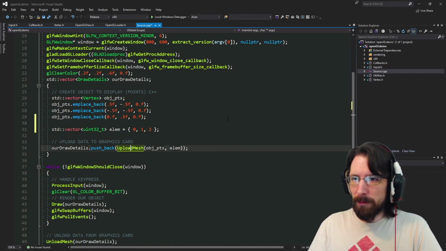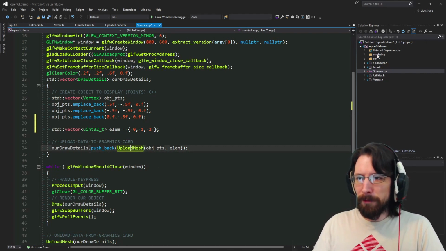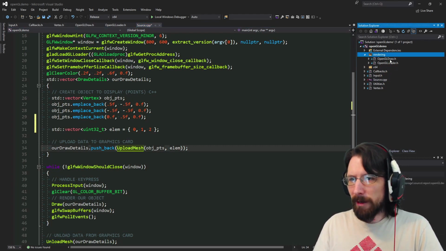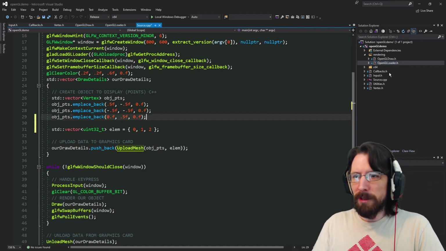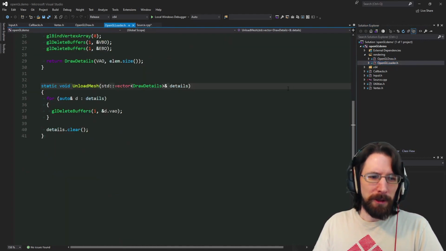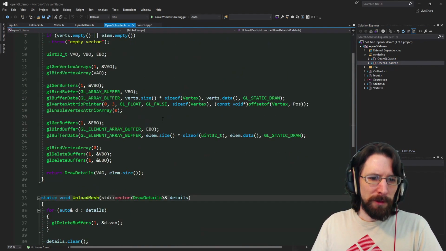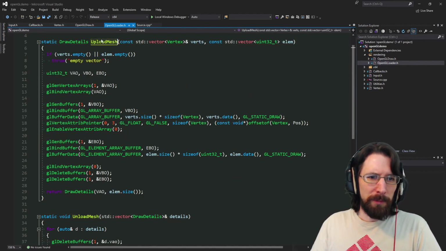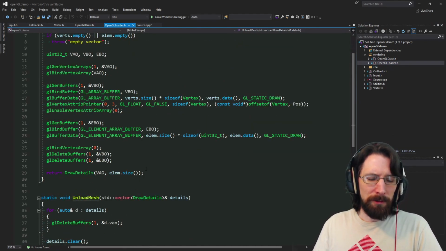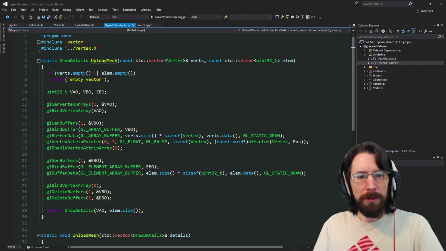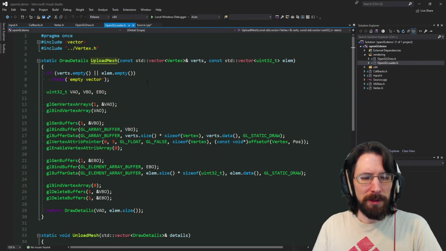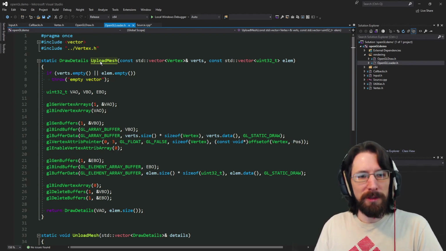I'm going to talk about it real quick. So I did create a folder called rendering, and in it I put OpenGL draw.h and OpenGL loader. So this upload mesh is part of the loader. Let's go ahead and look at that. And you'll see there's 2 different functions in here. There's an upload mesh and there's unload mesh. And now that I'm looking at it, I realize how close those names are. So it's maybe not the best naming scheme, but you can tell them apart, because the upload mesh